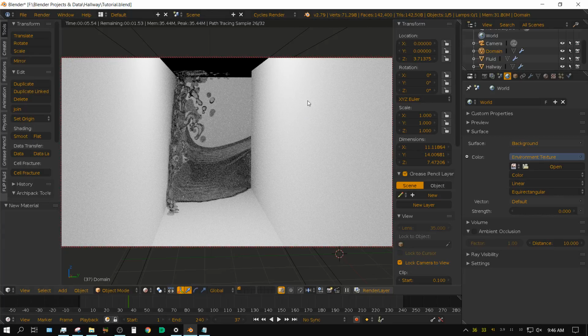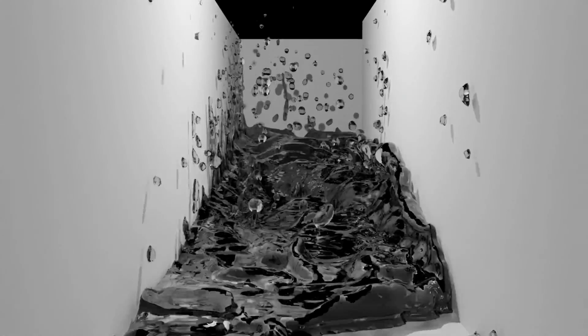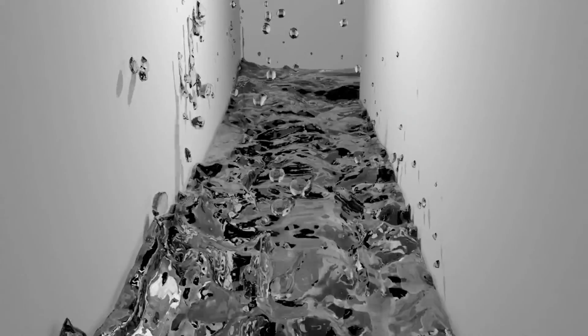Now it will look a whole lot better once you apply materials to everything and put a proper ceiling up here with lights and all that, but I just wanted to show you how to set up the actual fluid domain and make the physics work. The rest of it I'll leave up to your own individual artistic ability. Anyway, if you have any questions, leave a comment below and I will try to answer it.